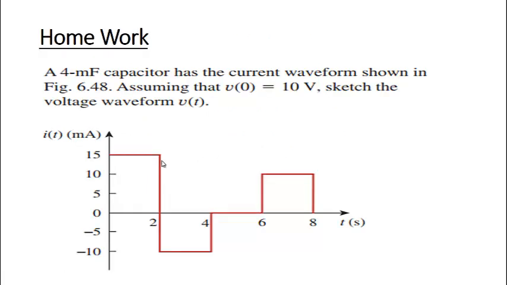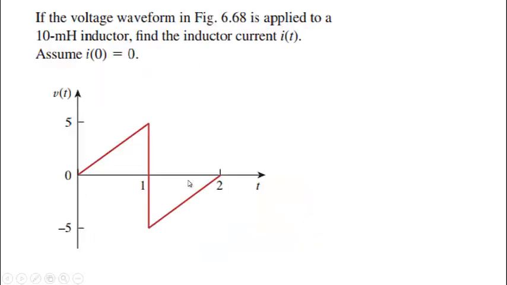So these are two practical homework problems. Try to do them at home. Here the current is constant from here to here. First you have to calculate and sketch the voltage waveform, using the same pattern. You can calculate first and then draw the voltage waveform. Here instead of one value, you have been given different values in different time intervals. So for different time intervals, use different values, and then find the value of the voltage. You can plot that voltage. The same is the case with the current.